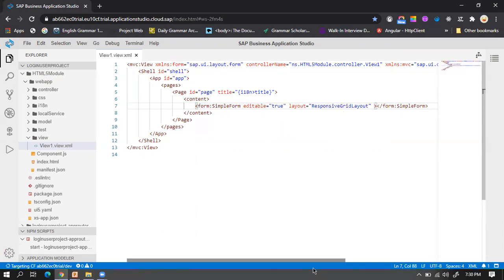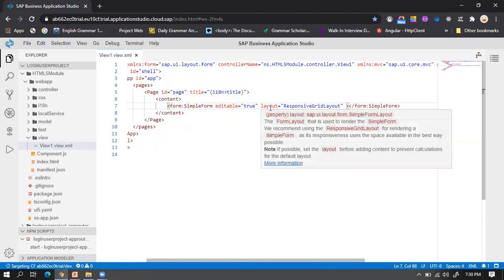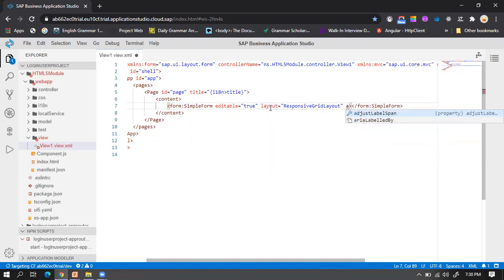After that we have a couple of properties too. I don't want my label span to adjust automatically. I want it to adjust based on the layout, that is the responsive grid layout. So I'll keep adjustLabelSpan as true. Sorry, false.